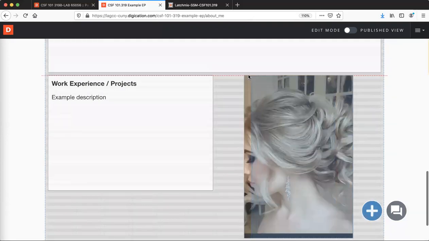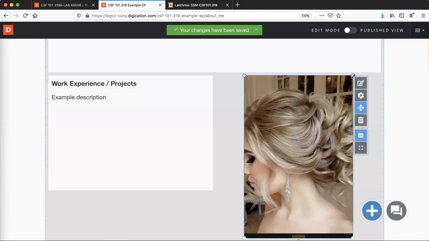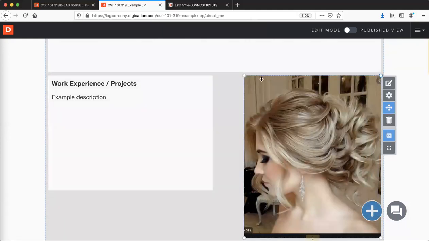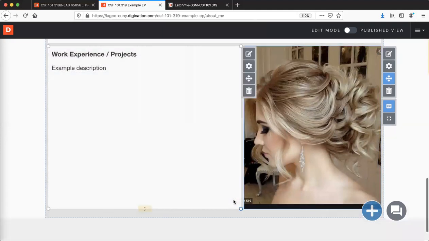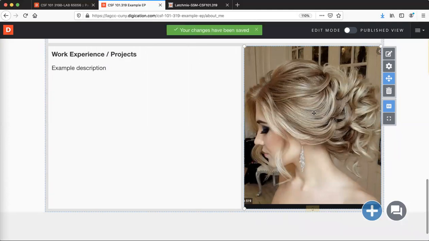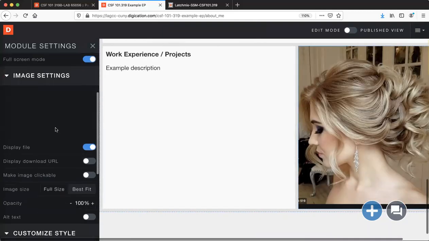Now I'm going to expand the picture again to make sure it fits. Then I'm going to open this back up because I want my description to be shown. Now, some of the picture has been cut off here, but you can't really tell because it looks like it's all there. But if your picture cuts off and you don't know how to fix that, you'll go to the gear, and then you'll scroll down